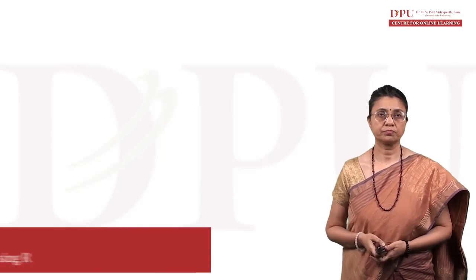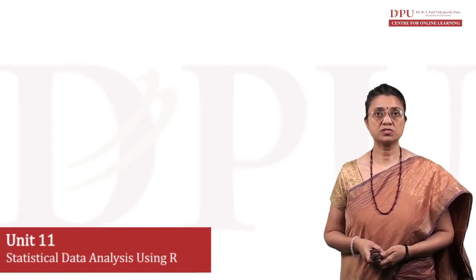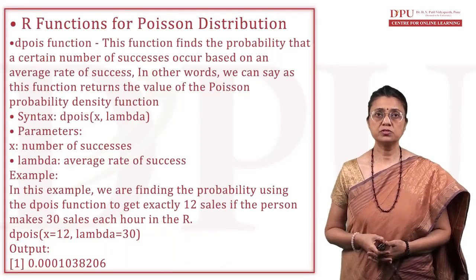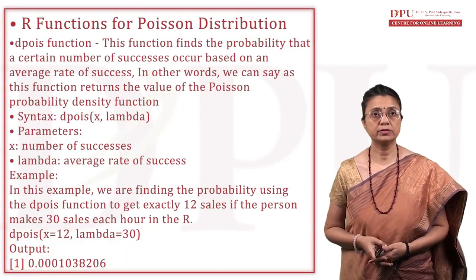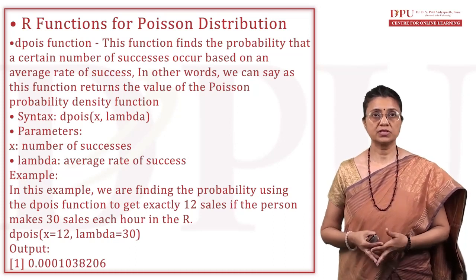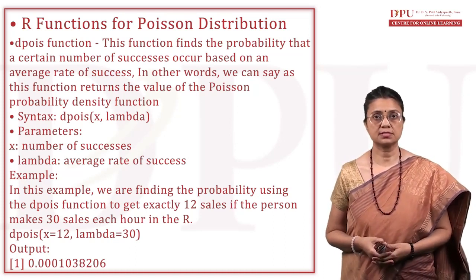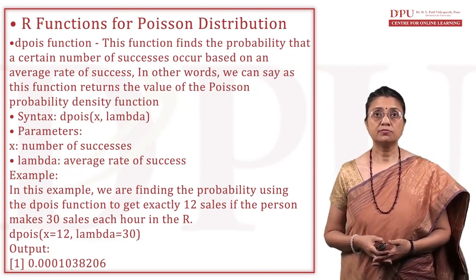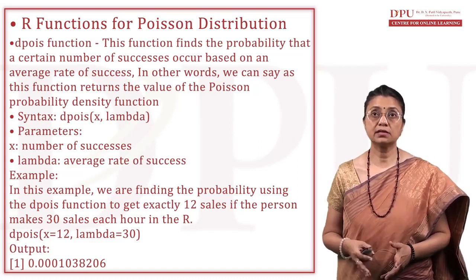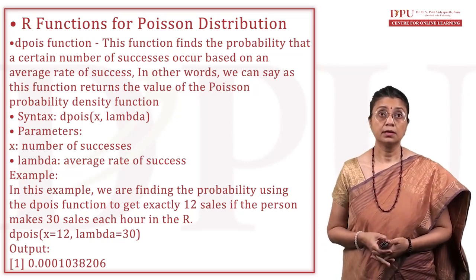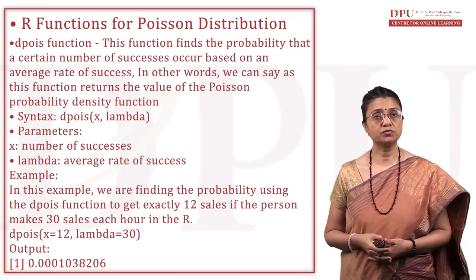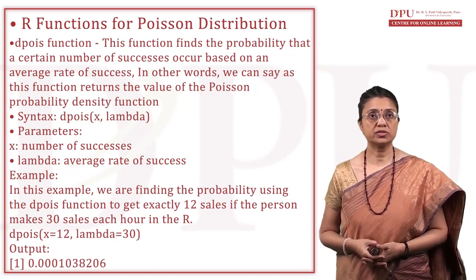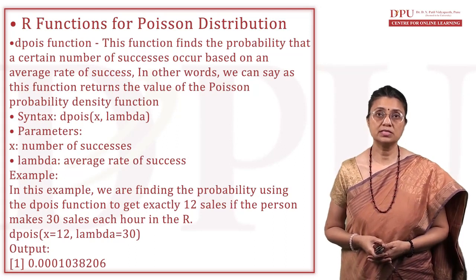Poisson distribution. Let's talk about the Poisson distribution now, where we try to find the distribution for the number of successes and average rate of success. The Poisson distribution function finds the probability that a certain number of successes occur based on an average rate of success. In other words, this function returns the value of the Poisson probability